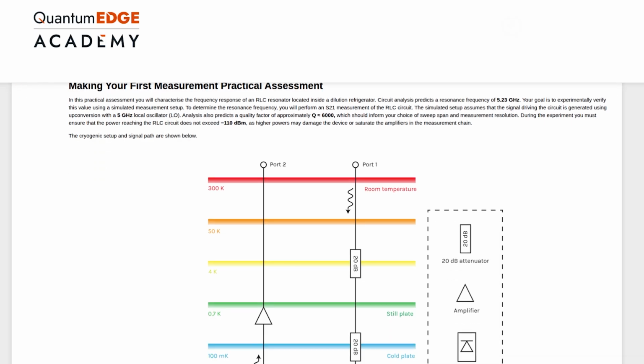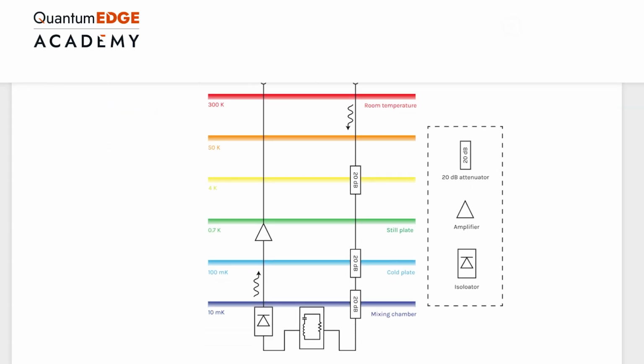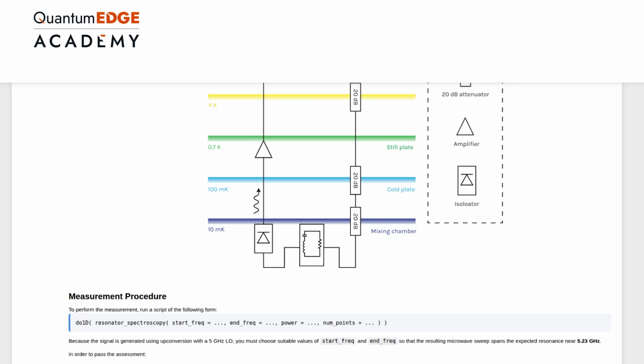So they have to take account of the attenuation of the lines, how much power they're going to send in, the resolution of their measurement, everything they would have to think about when they make this measurement for real in an actual laboratory. The idea being that when they've completed this course, they'll have some knowledge and intuition